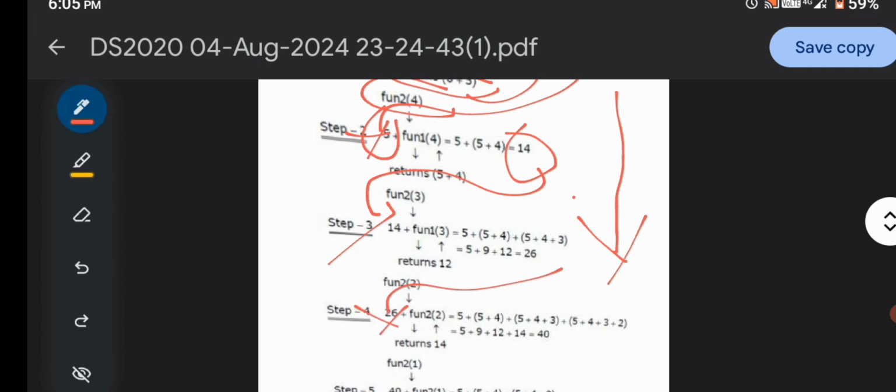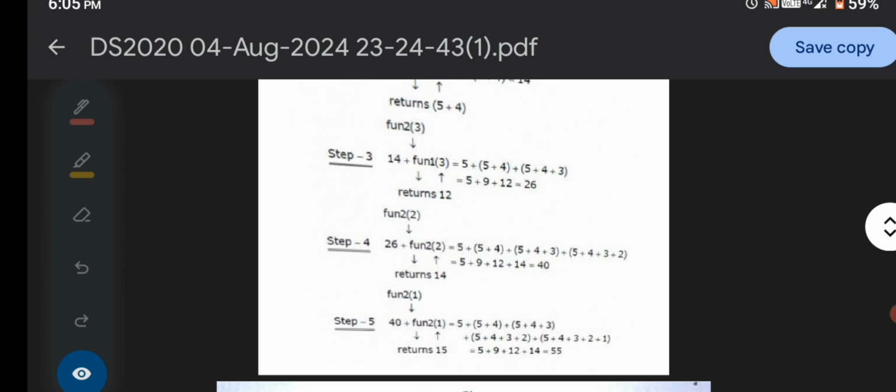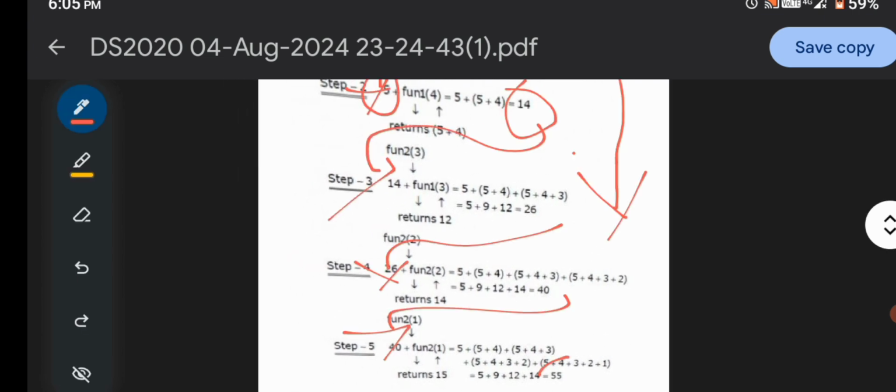After that we get 40, and at the end of the next statement, for the last one, we get 55. So the correct answer for this program is 55.